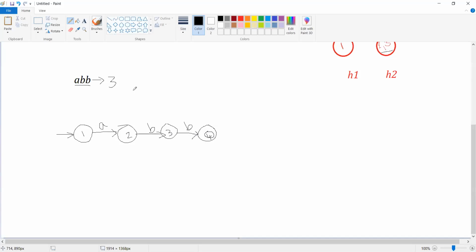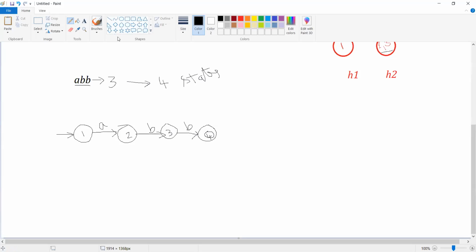In order to design an automata for a string of length 3, we require 4 states. We are going to make use of 4 states.